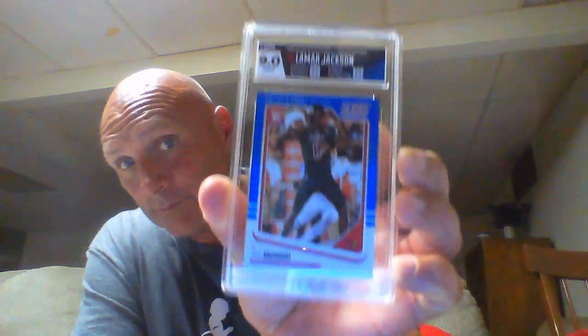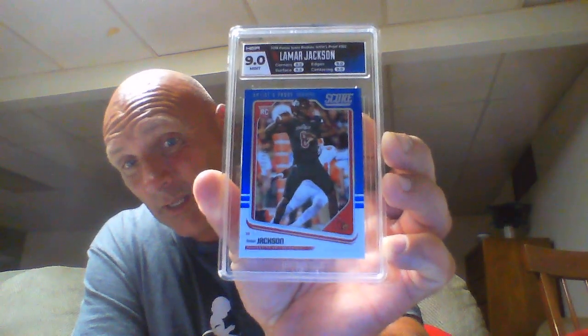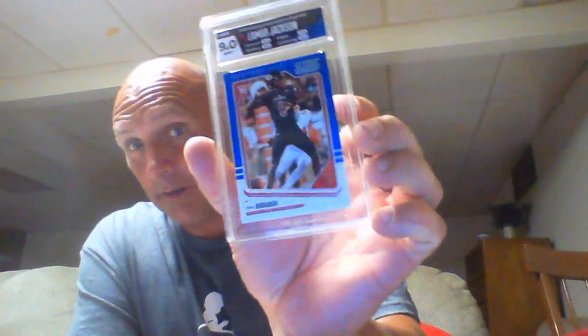Artist proof. Hybrid grading. I forgot I even had that card. That's a really nice card. Unfortunately, he's in that Louisville uni. But needless to say,